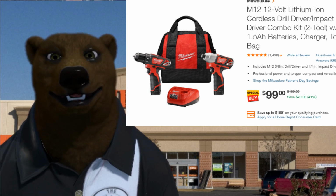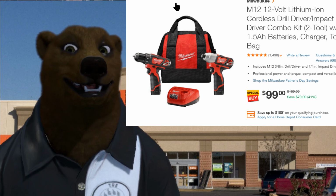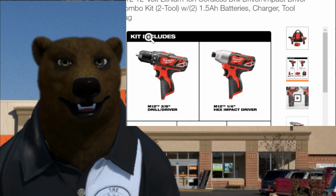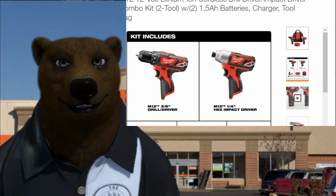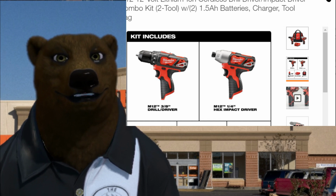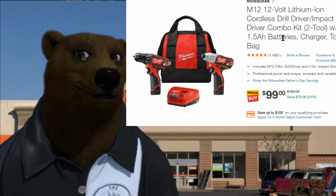Number 4 on the list, we're back to Milwaukee, and as I said, the M12. And if you're looking to get into M12, wow, $100 will get you 2 of these. You get the drill driver and the impact driver. Now, these are not the fuel system. These are the base level ones. But you get 2 of the M12 battery packs, you get the charger, and you get the bag for $100. If you're looking for some light duty work or some compact work, maybe you're doing HVAC kind of stuff,